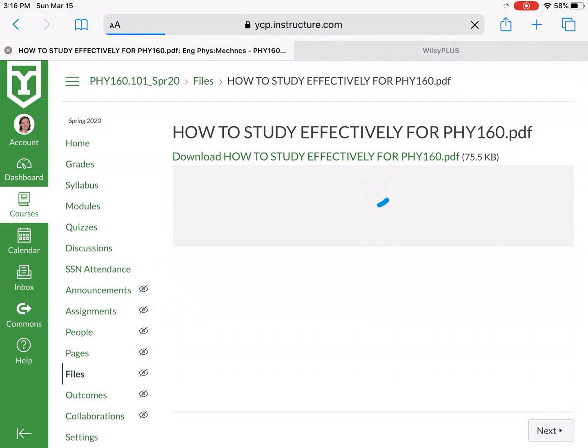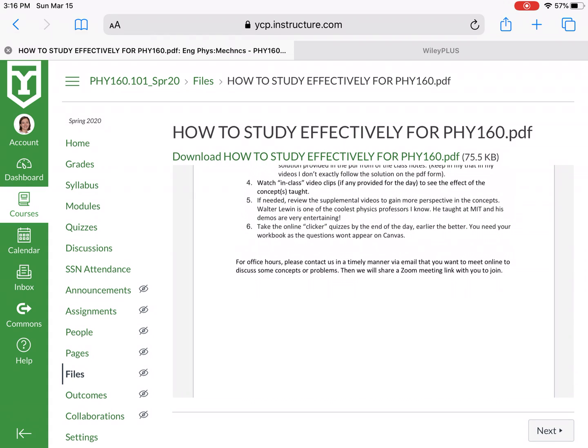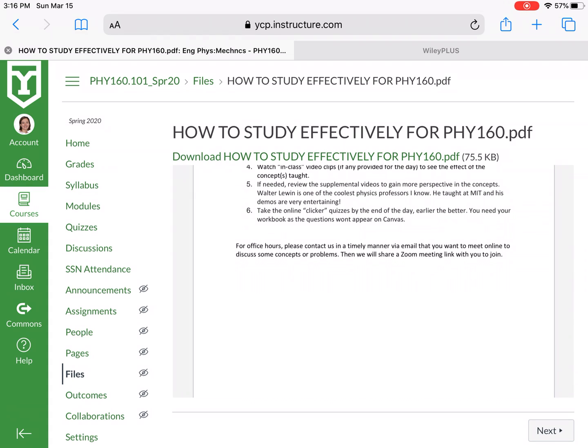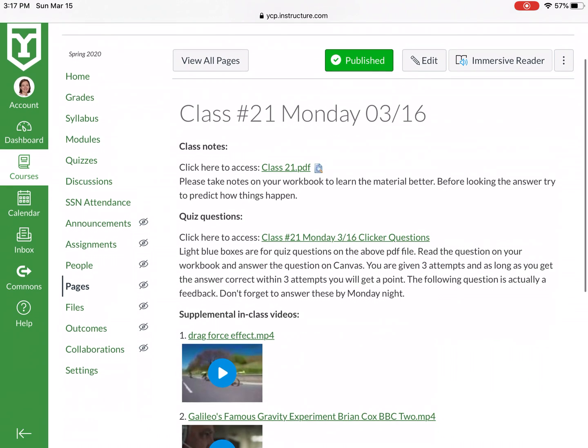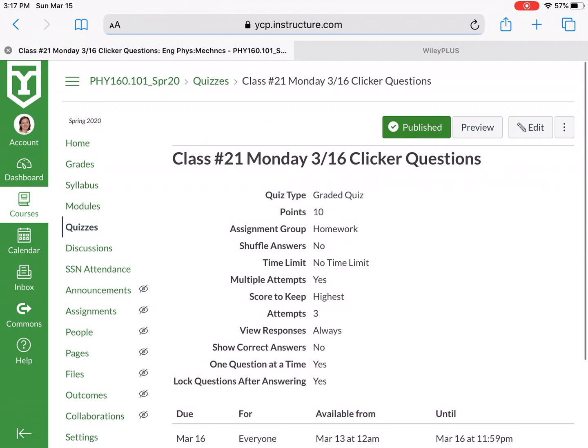So if we go back to this file again, just for your reference, the last thing I ask you to do is doing online clicker quizzes. So once you're ready, did all the problems, now you can go and do the online clicker quizzes. And if we look at that, where do you find the quizzes? You can find it on the left side of the lists of things like home, grades, right? There's quiz there too, but I really just would go to class number 21 page and quiz questions,